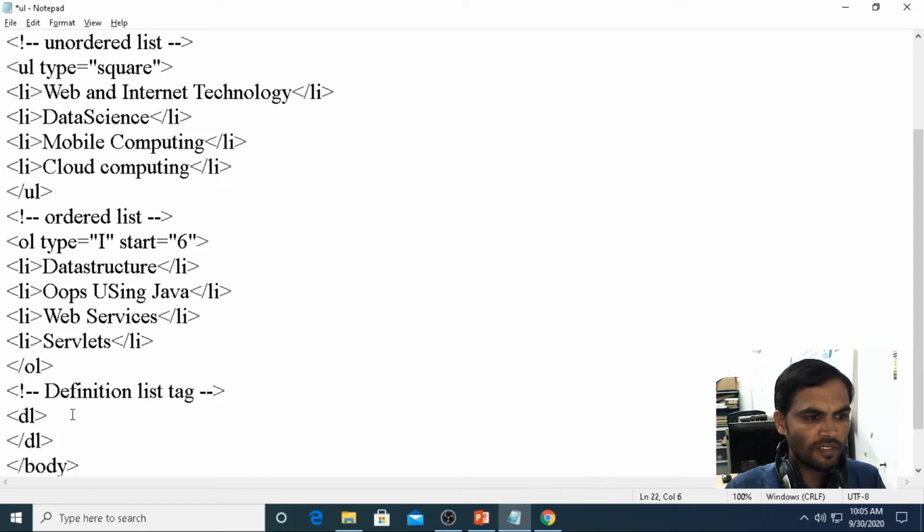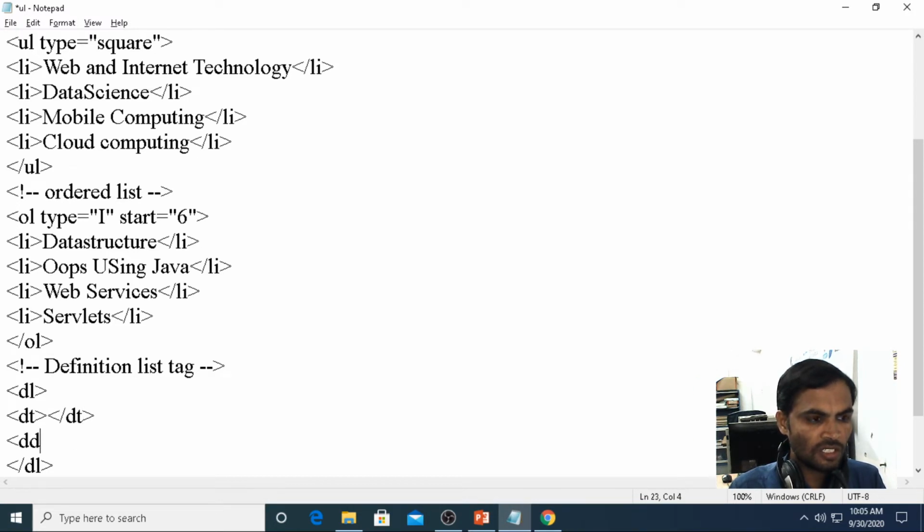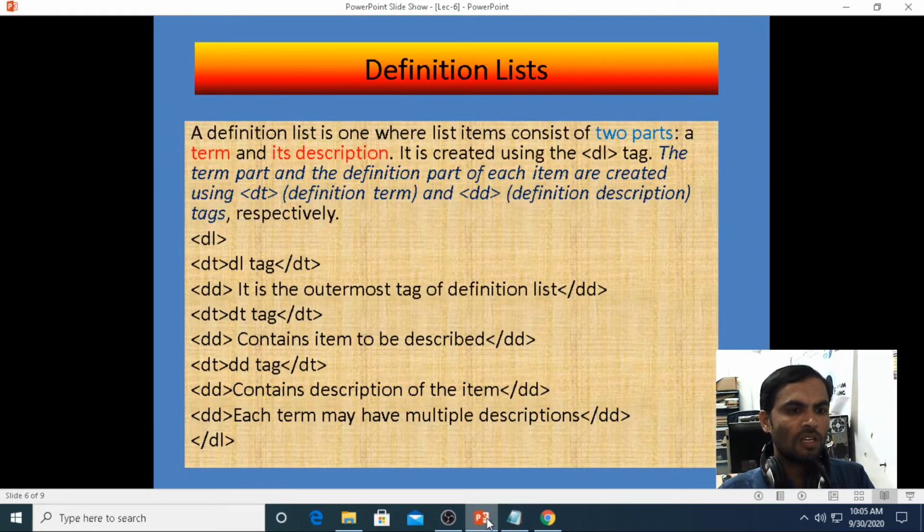Now inside the definition list we are taking definition term, closing definition term, then DD, definition description, closing definition description.